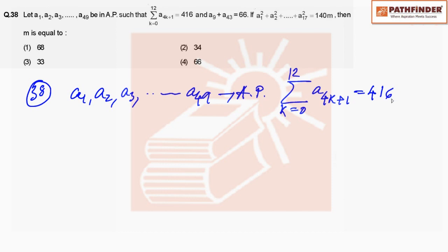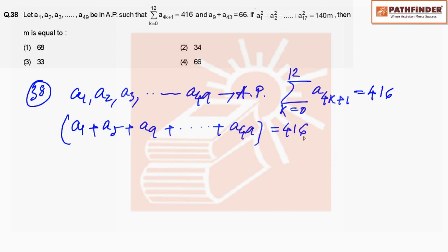Now they have given the sum of this particular series, that is A1 plus A5 plus A9 up to A49, equal to 416. There are how many terms? There are 13 terms, because k starts from 0 and goes up to 12. So 13 by 2 into first term plus last term, A1 plus A49,